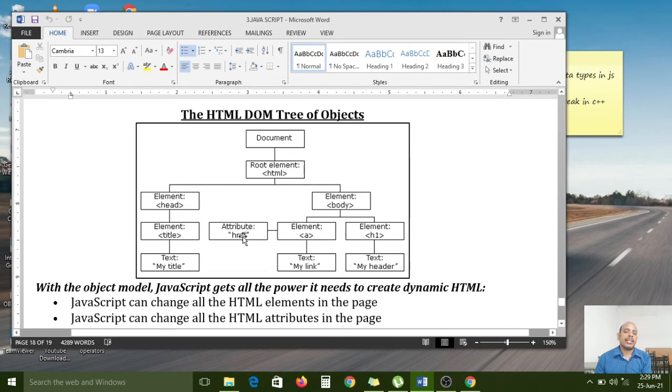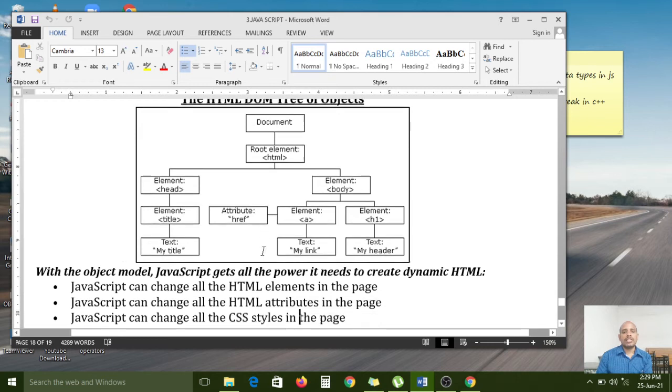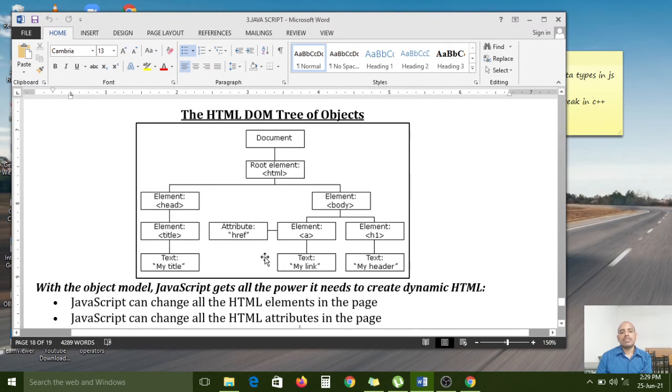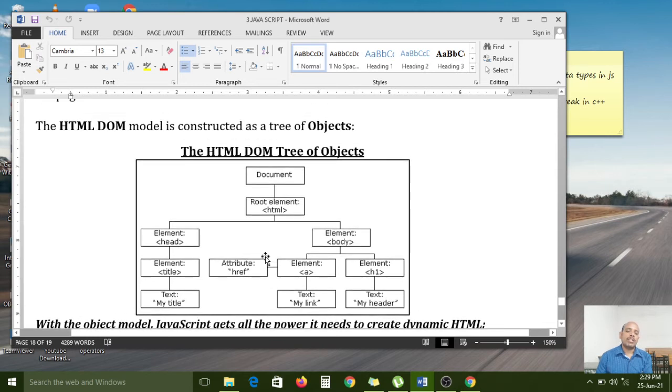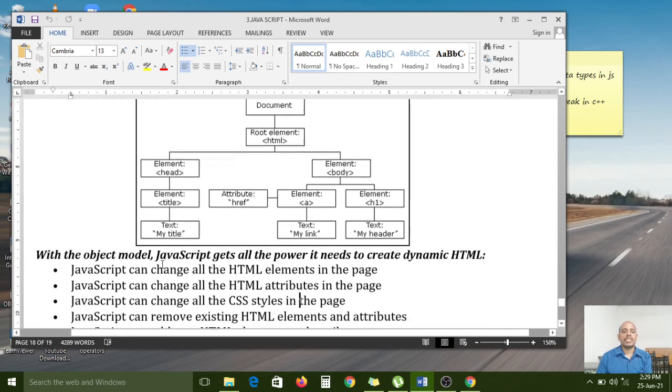The anchor tag contains one attribute and a plain text to generate the link. H1 is used to give the heading for a plain text here, right? So like that we can use the DOM object internally. When the program is loaded, it has to maintain the tree format structure for each and every element in the two sections, head section and body section, right?